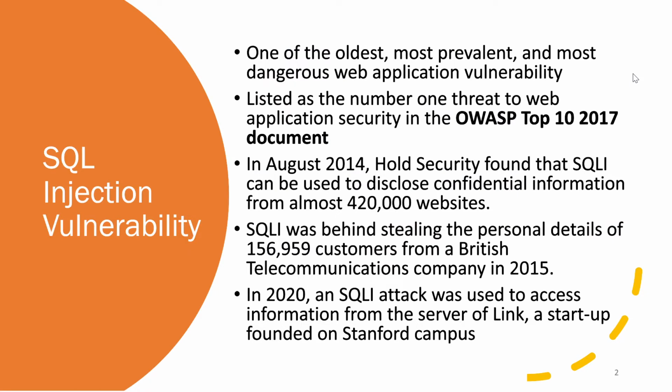SQL injection is one of the oldest, most prevalent, and most dangerous web application vulnerabilities, and it is listed as the number one threat to web application security in the OWASP Top 10 2017 document. And in August 2014, a web security firm found that SQL injection can be used to disclose confidential information of almost